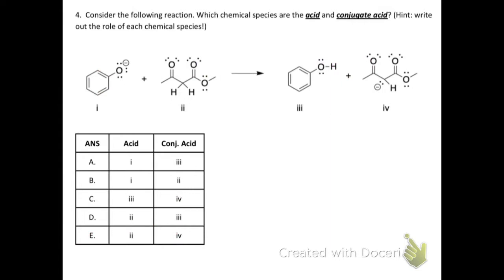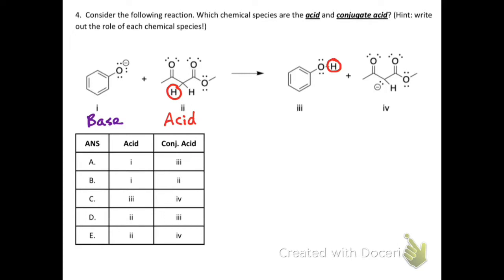Okay, in this problem, we're asked to identify the acid and conjugate acid, and we're given a pro tip here. Label each chemical species. So we want to see where a proton is transferred from and to. So notice that this hydrogen here, this proton, goes from chemical species 2, and it ends up going on to this phenol right here. So whatever loses the proton, that is the acid, and whatever gains the proton, that is the